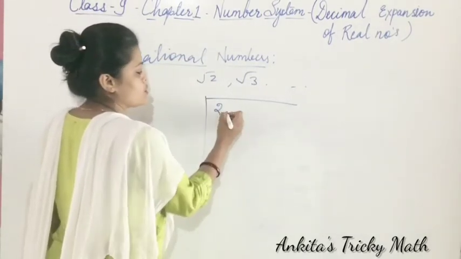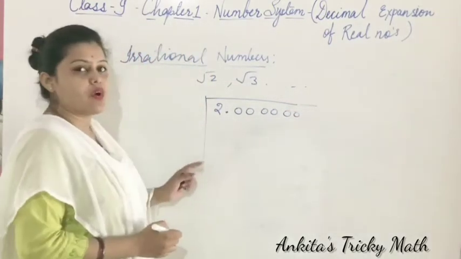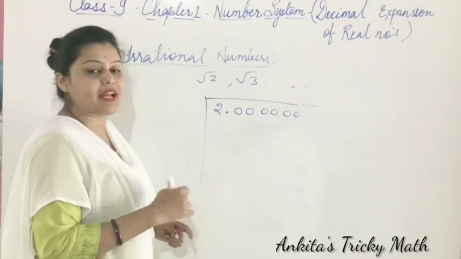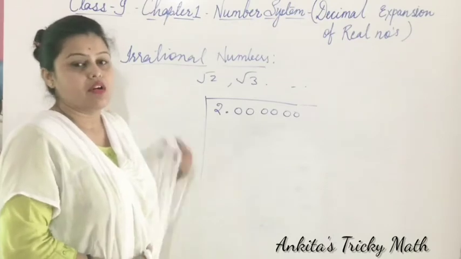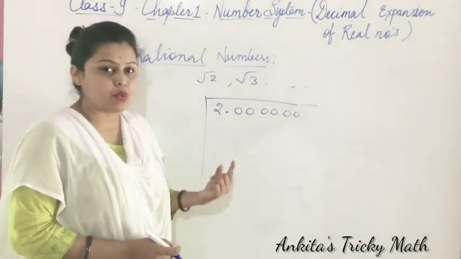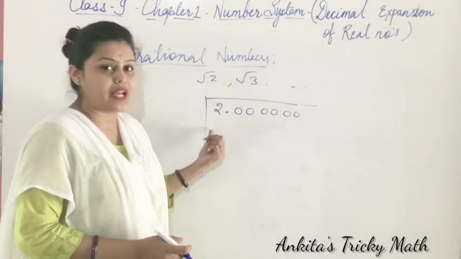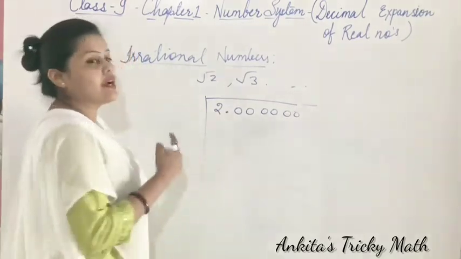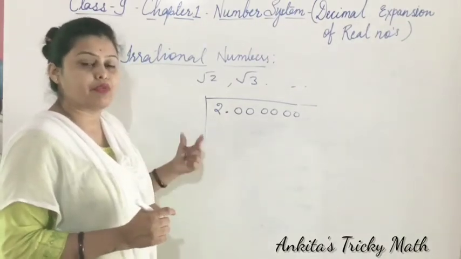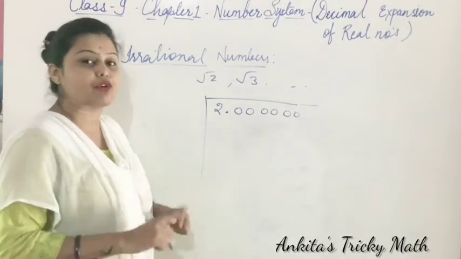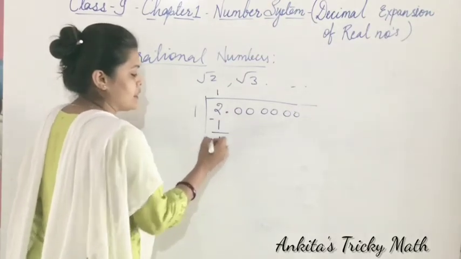So root value of root 2, how we are finding? We can write 2 as 2.000000 like that. Now we have to take a number so that multiplying the same number or square of that number should be less than this number or equal to this number. हम कैसे स्टार्ट करते हैं? हमको एक नंबर ऐसा ढूंढना है जो इस फर्स्ट नंबर के या तो स्क्वायर के इक्वल है या स्क्वायर से छोटा है. तो लाइक 1 1 सा 1, 2 से छोटा है, बट 2 2 सा अगर हम लेते हैं सेकेंड नंबर इट विल बी 4, 4 इससे बड़ा हो जाएगा. दैट मीन्स वी हैव टू टेक 1 ओनली. तो 1 1 सा 1, सबट्रैक्टिंग इट वी विल गेट 1.